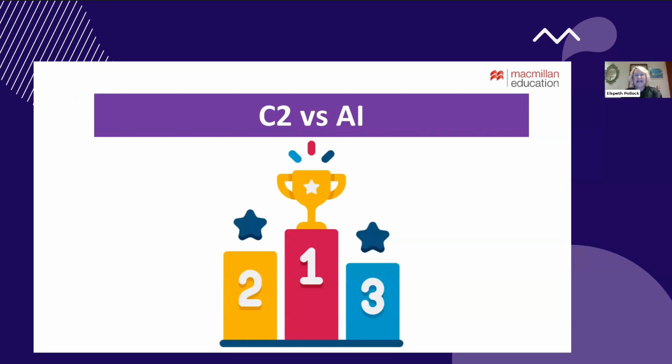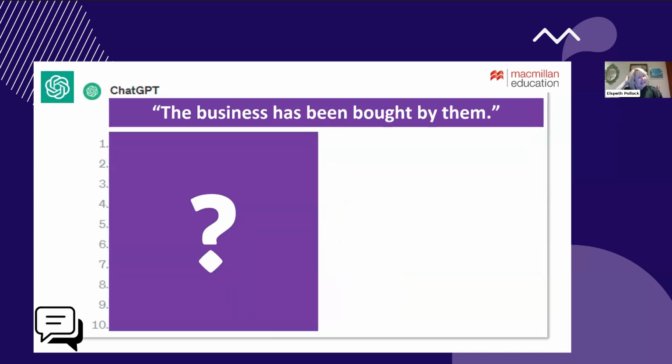Talking about AI, you can have some great fun with C2 competitions, C2 versus AI, the machine versus the machine. So let me show you what I mean. Take any sentence. It doesn't need to be a super complicated sentence. This one is quite simple. The business has been bought by them. It's present perfect passive. Okay, so I put this sentence into ChatGPT and I ask it to give me 10